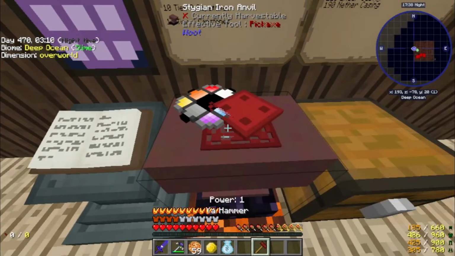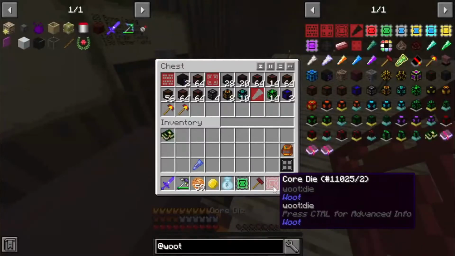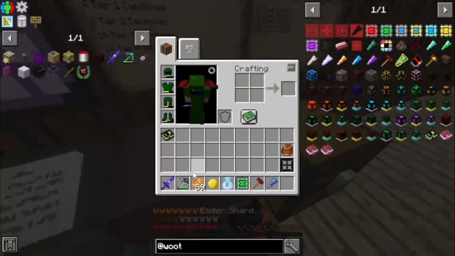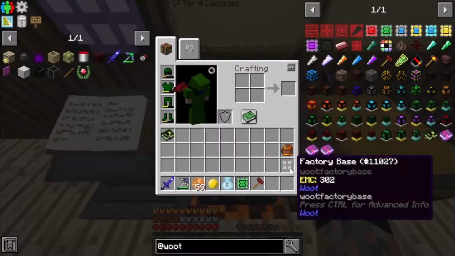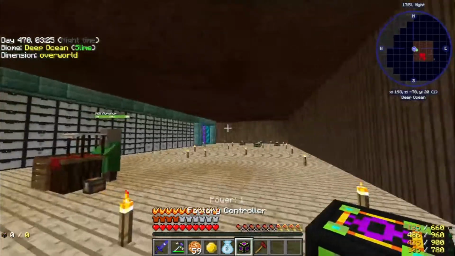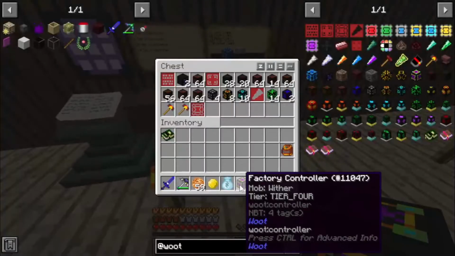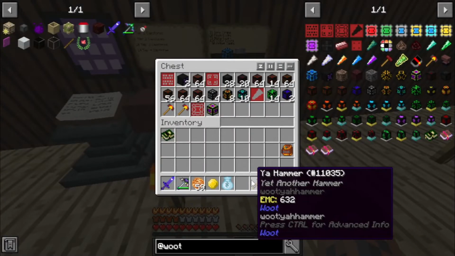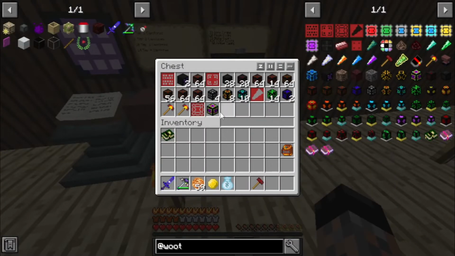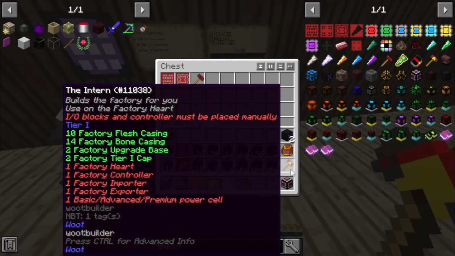So that. And then we can get rid of that. We take our ender shard. We toss that and that. And we now have a factory controller for wither. Oh boy. Alright, so we're going to take all this stuff except the dies and the hammer and